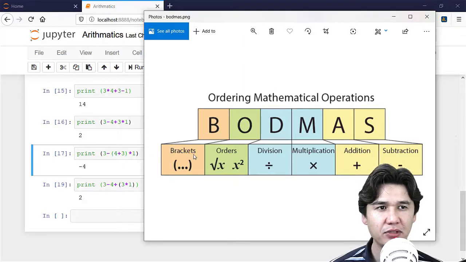Now see, we have the order. First should be the bracket. We have to calculate whatsoever is in the bracket, then we should check the order, either it is square, either it is cubic, either it is an irrational number. For example, if it is under a square,